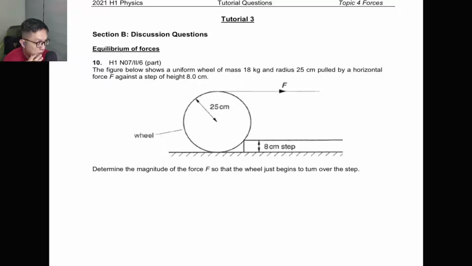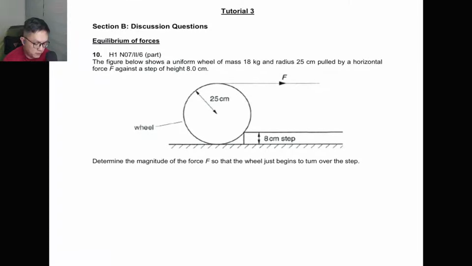Okay, let's start with tutorial 3. This is question 10. So question 10, you have a uniform wheel of mass 18 kg. Let me highlight the stuff again. Uniform wheel of mass 18 kg, and radius 25 cm, being pulled by a horizontal force F against a step